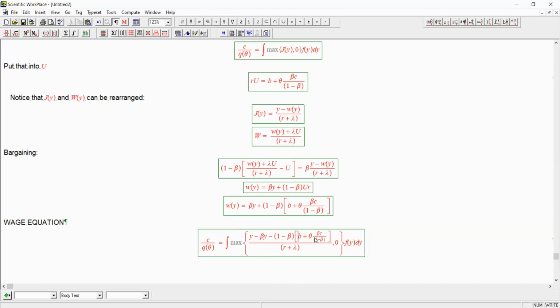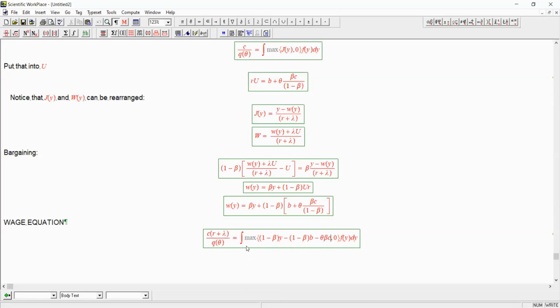So this is just 1 minus beta times y minus all this stuff. We can simplify, multiply both sides by r plus lambda. This comes out. Now we don't have a fraction anymore. And now multiply all these things inside by 1 minus beta. And we end up with this equation,